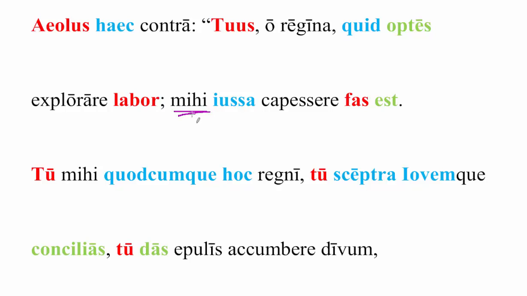For me, see the dative, for me, the right thing. Now, fas is a fun word. It is an indeclinable word, which means it does not change form, whether it's nominative or accusative or genitive, it does not matter. But we frequently only see it in the nominative case with est, creating an expression: it is proper, it is correct. So, for me it is correct, and then just like explorare was the predicate of the understood est, so too is capessere.